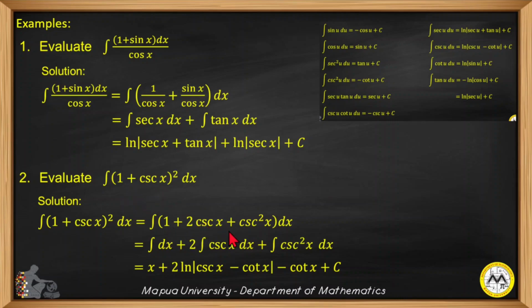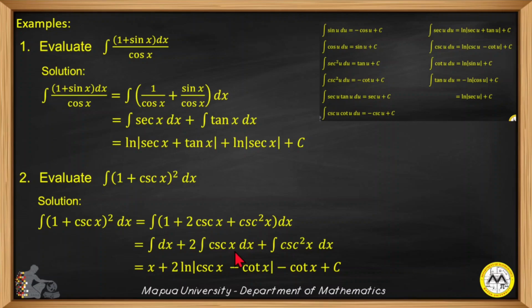You have 2 cosecant x plus the square of the last term, which is cosecant squared x dx. And then by distributive property, you have the integral of 1 dx, which is the integral of dx, plus the integral of 2 cosecant x dx. Then we factor out 2. So we have the integral of cosecant x dx plus the integral of cosecant squared x dx. But from the basic formula, recall that the integral of dx is x plus 2 times the integral of cosecant